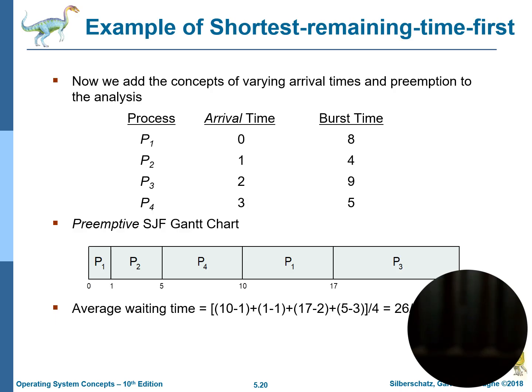So P2 is going to execute up to finish without having been preempted. P1 has been preempted after 1 second. Now after P2 has finished, we compare P1 with 7 seconds, P3 with 9, P4 with 5. So P4 begins executing because it is the one with the shortest remaining time, and it executes until it completes. When it completes, P1, which now has 7 seconds, comes back because it's now shorter than P3. Then it executes to completion, after which P3 is allowed.